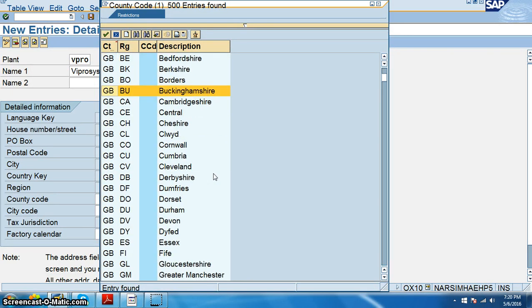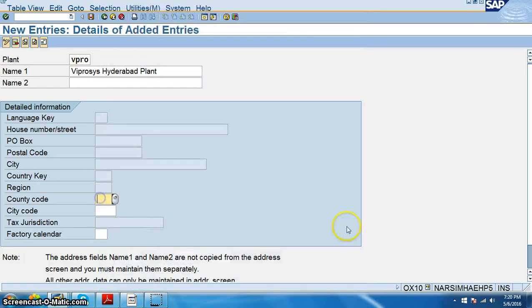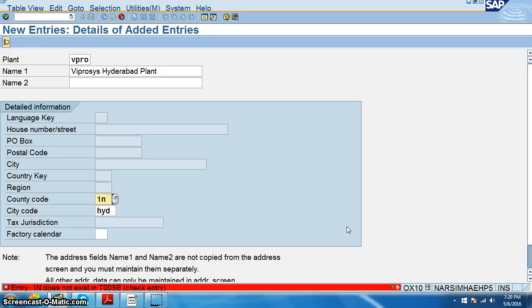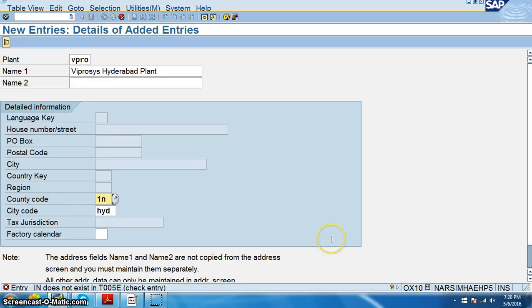So right now we don't have a country code here. The country code which we are supposed to use here is IN. City is something like HYD. So we keep it blank because we need to create those things, and we just need to save it.